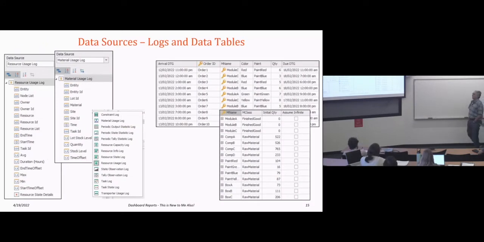From a dashboard perspective, there are 2 different types of sources of information. We have logs and we have data tables. Data tables include output tables like I showed earlier in class today, right? And for the logs, in order to have access to the log information, Simio tracks that for you, but you have to tell it. And we went through the process of adding logging information and so on. Okay, so you can build dashboards from logs, from tables, from combinations of those, and that's where we're extracting the information.